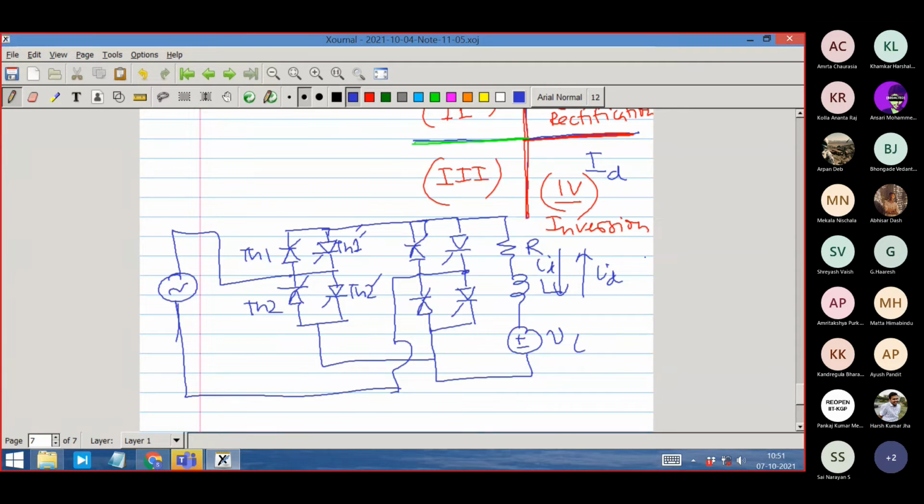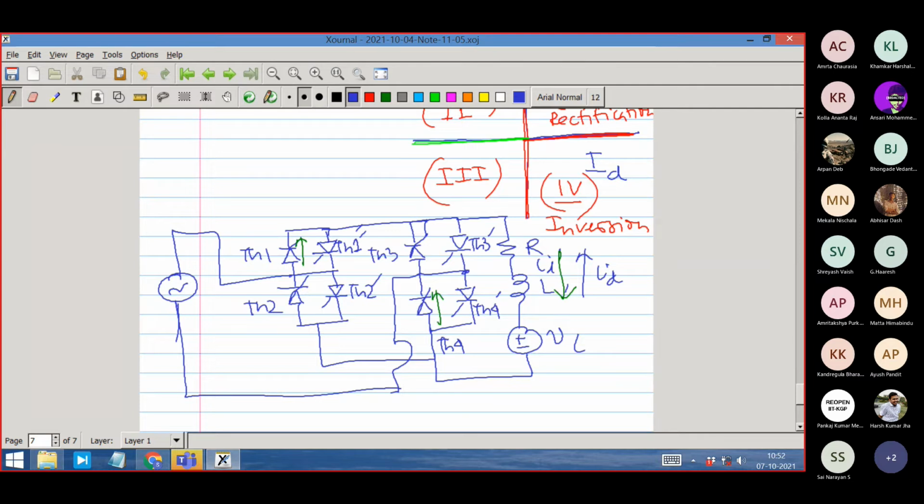So in order to have a bidirectional current, let me put 2 colors. One color is green and the other color is blue. For the green color current, I must have a consistent topology. So I need thyristor current to be in this direction, as we have seen the thyristor currents going like this for green color, and it will come back like that. Similarly, this is TH4 and TH4 dash. This is TH3 and this is TH3 dash.